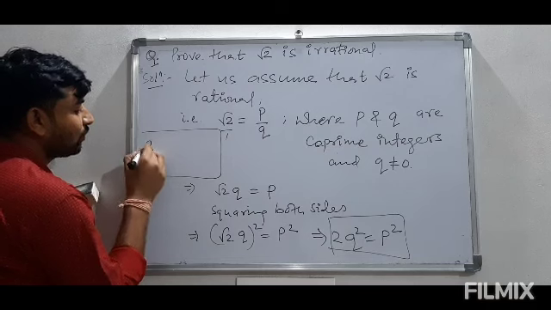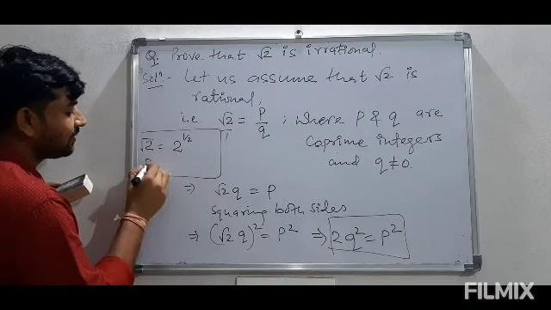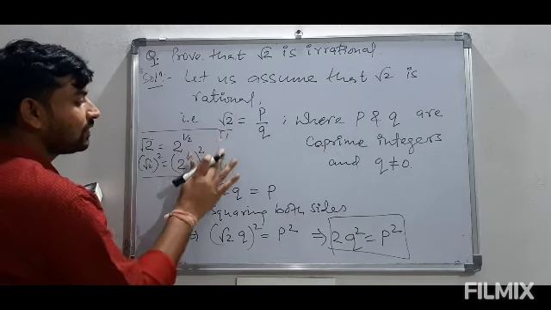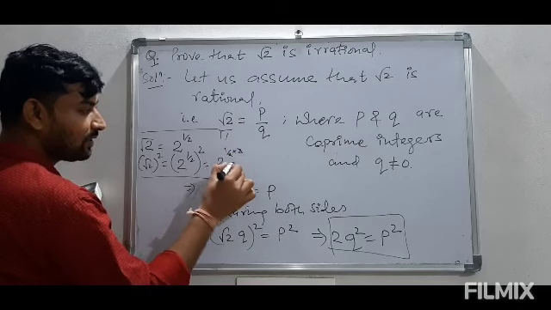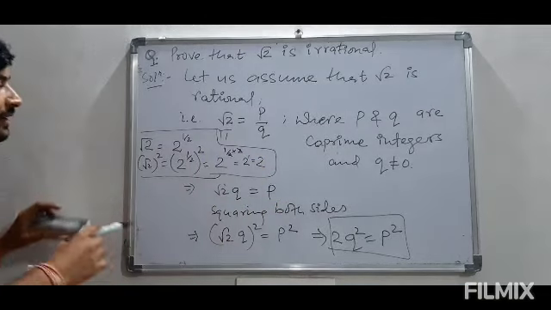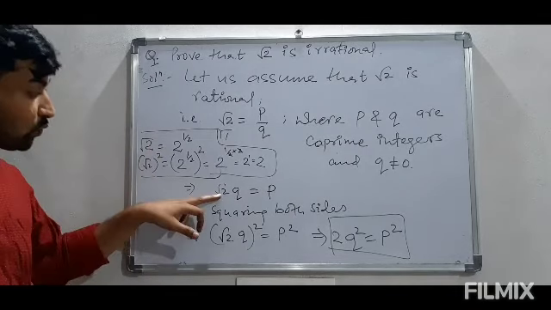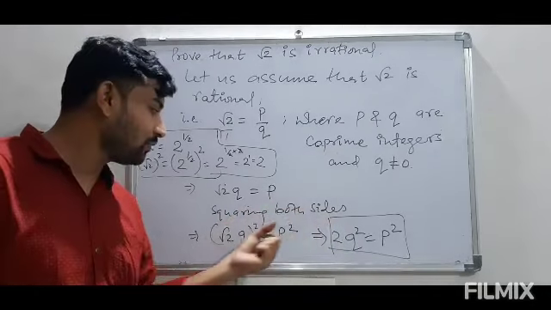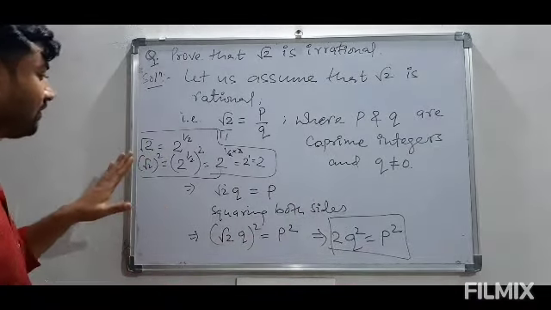You must know that root 2 is nothing but 2 power 1 by 2. So when we square it, what do we have to write? 2 power 1 by 2 whole power 2. It means 2 power 1 by 2 into 2. This 2 and 2 will be cancelled, so finally we get 2 power 1, that is 2. So this is the reason why, whenever we have a radical sign and we want to remove the square root from any number, we simply square that equation and we get the root sign or radical sign removed from there.